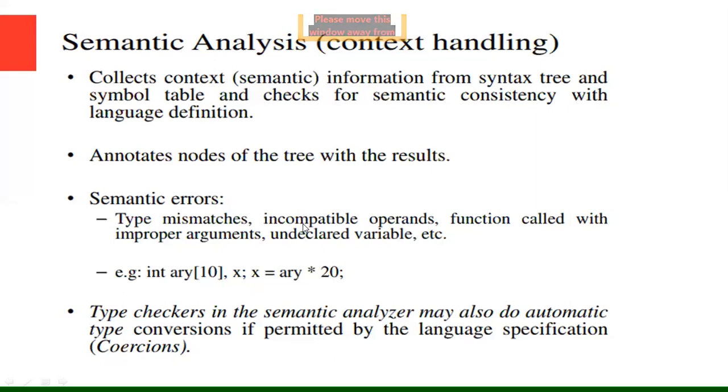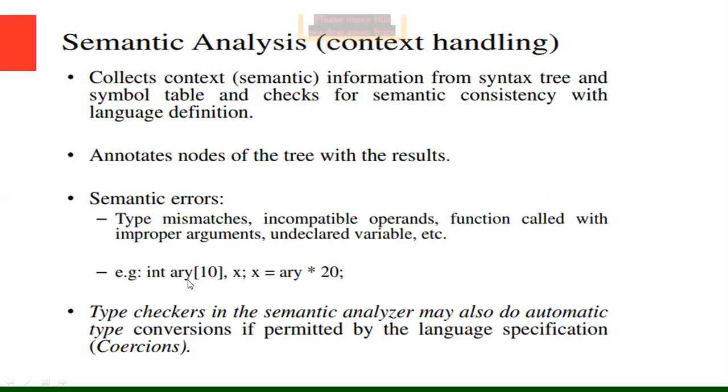And function call. So we are specifying one function name and we are calling with another function name. So this is one type of semantic error. And undeclared variable. So for example, we are not specifying the variable in the function main, but that variable is used in the program. So those are the undeclared variables that are present in our program. So that is the type of semantic errors. So for example, so these are the errors.